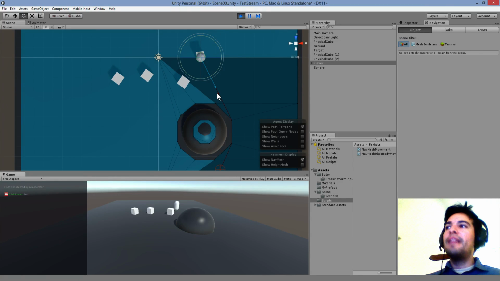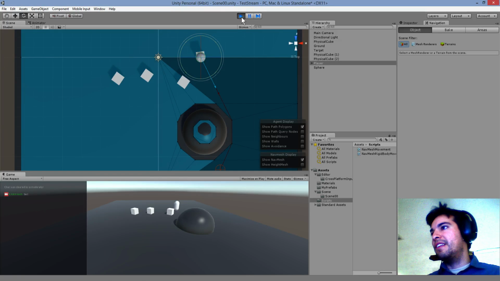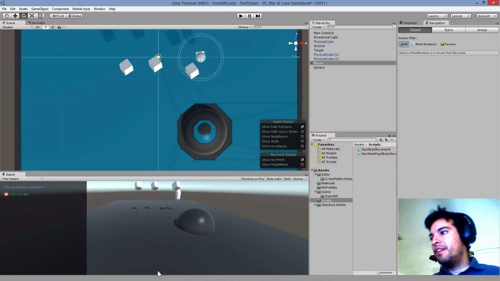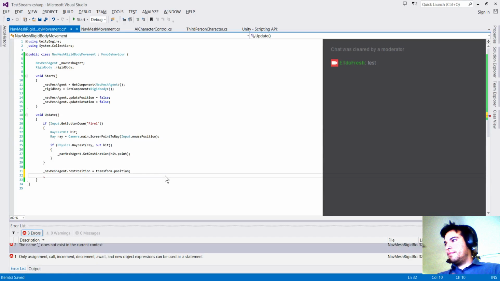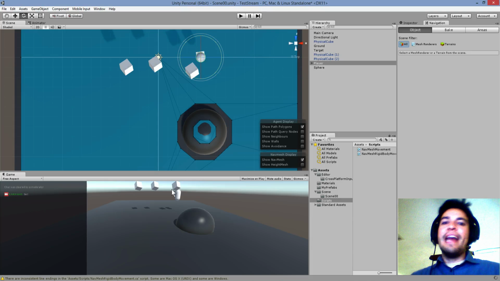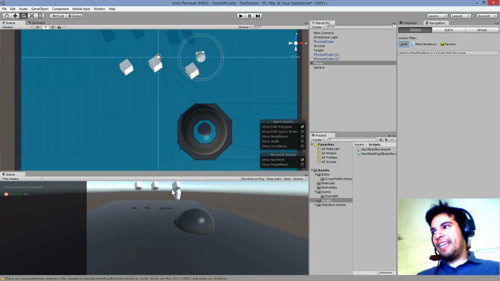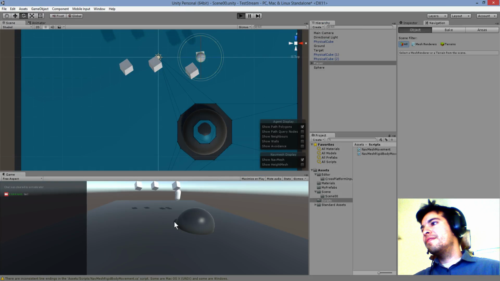So okay, now we get the NavMesh agent. Now we're going to tell the rigid body to do something with the NavMesh agent's information. So I'm going to show you the very hacky way first, just so we can get started right away. I hope this is right. We're going to take the rigid body velocity and we're just going to make it equal to the NavMesh agent velocity. So this is basically NavMesh controlling your acceleration and your movement, but rigid body strictly adhering to that velocity and movement. So if I hit play,